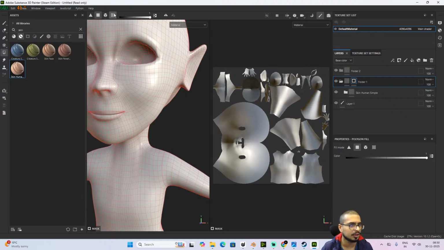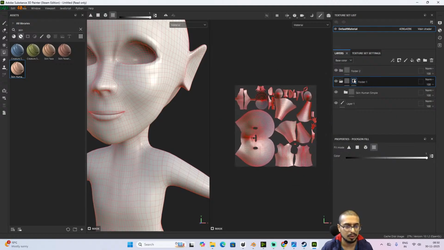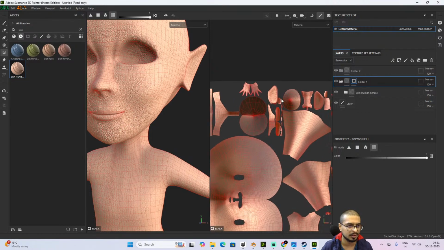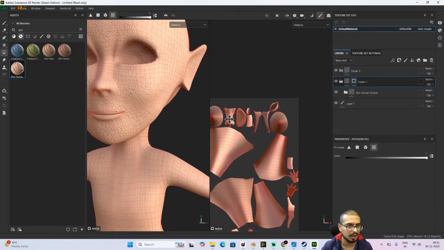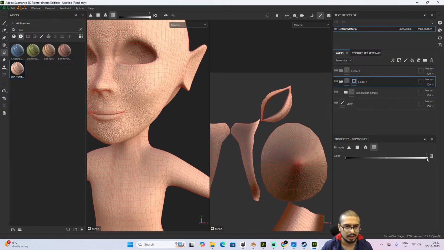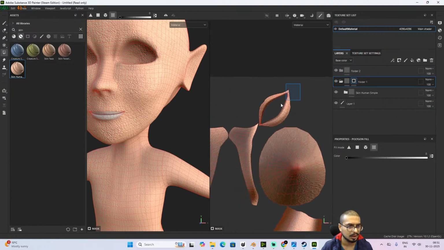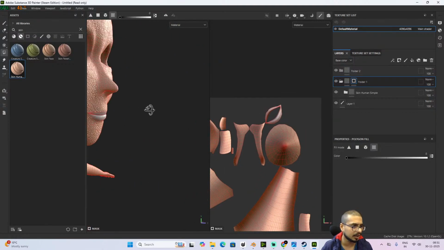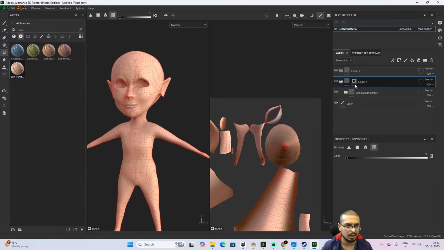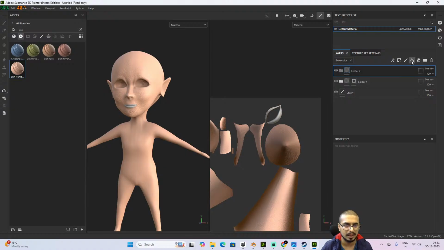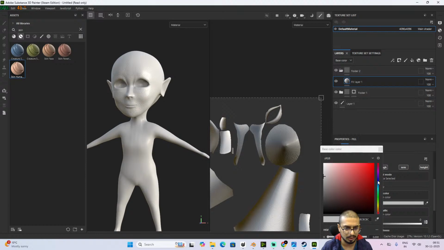We can go to this UV chunk file, and you should be on this black mask. You need to click on this black mask before doing all this. You can select all of them first and then find your lips basically and change the color from white to black. Okay, sorry, my bad. And then simply select this one. Basically we are separating it from the entire mesh and textures of this folder, and then we'll go to the second folder. We'll add a layer into it, which will change the color to